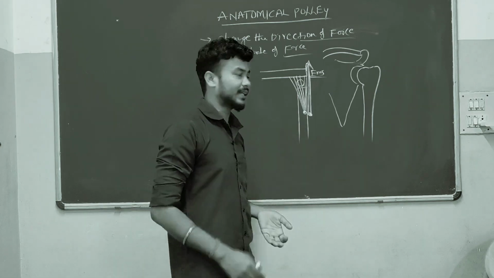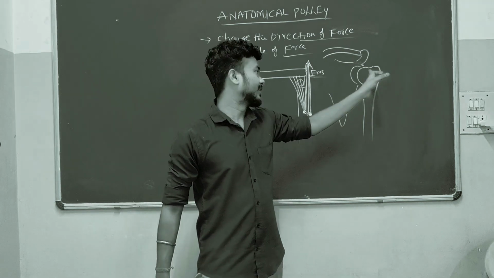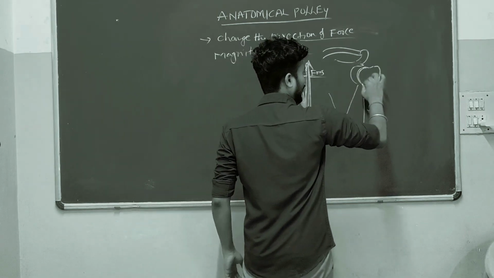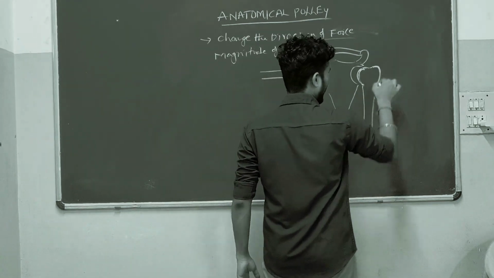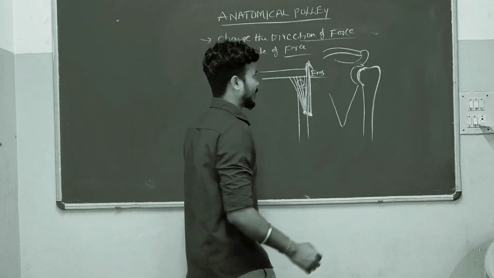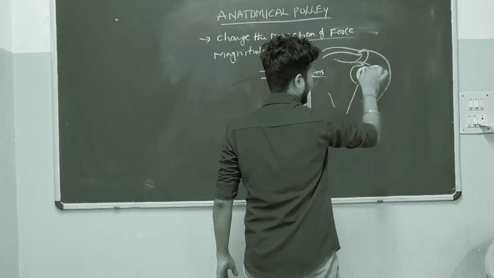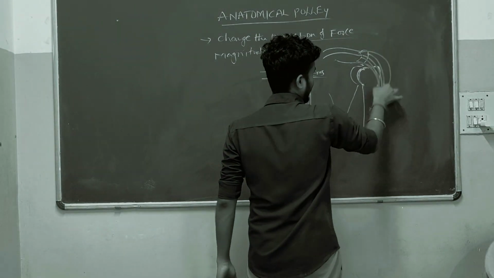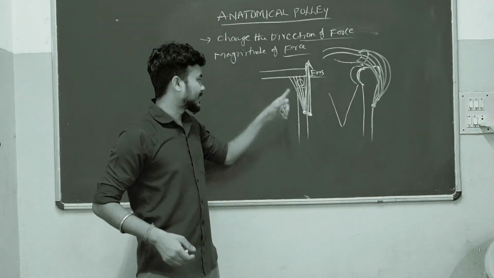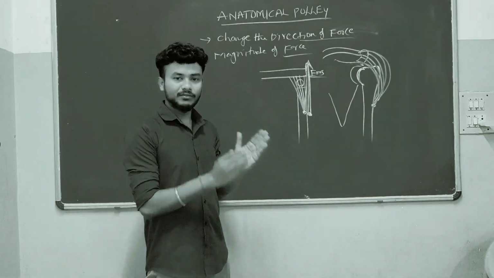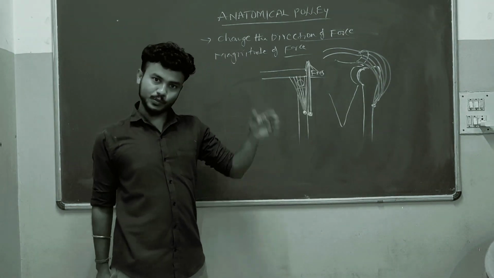But in reality, here we are having the concave shape of the glenoid cavity and the convex shape of the head of the humerus, and the round bony prominence of the head of the humerus, the greater tubercle. So now the deltoid muscle is here. This is the deltoid muscle insertion. What is the difference between these two? Here the shapes of these rigid bars are very straight. So that's why the total pull of the muscle will be straight in the superior direction.